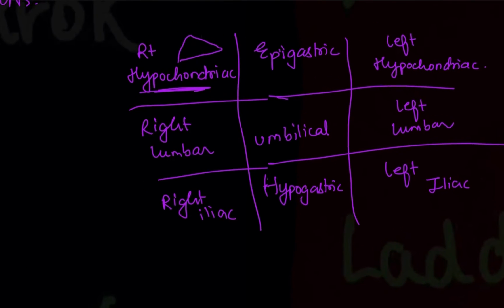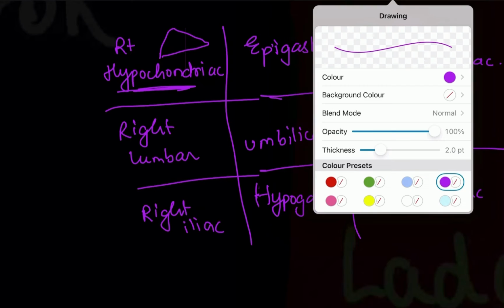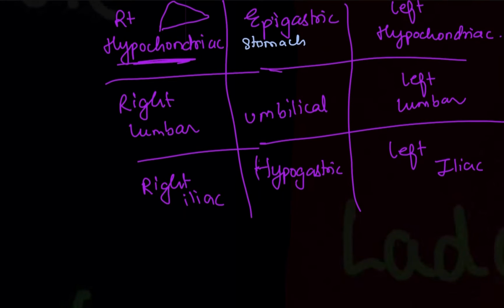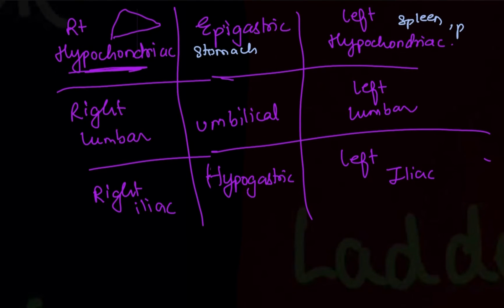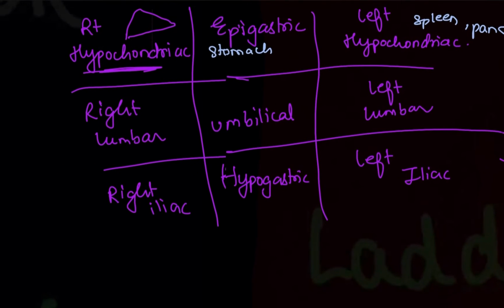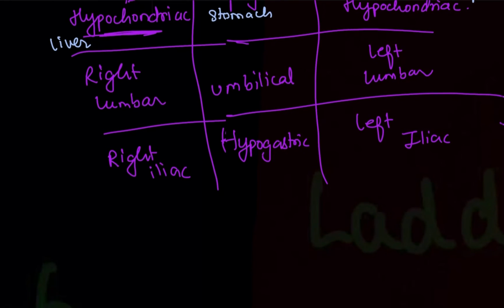So what all things you must remember is that the epigastric region will consist of stomach. Left hypochondriac consists of your spleen and pancreas. I am writing the important organs over here. There are many more other organs, like left kidney comes under left hypochondriac region, but according to Kroc, what all is asked, that's what I am telling you. Right hypochondriac region, what is important? I said before, liver comes over here and right kidney will also come over here.